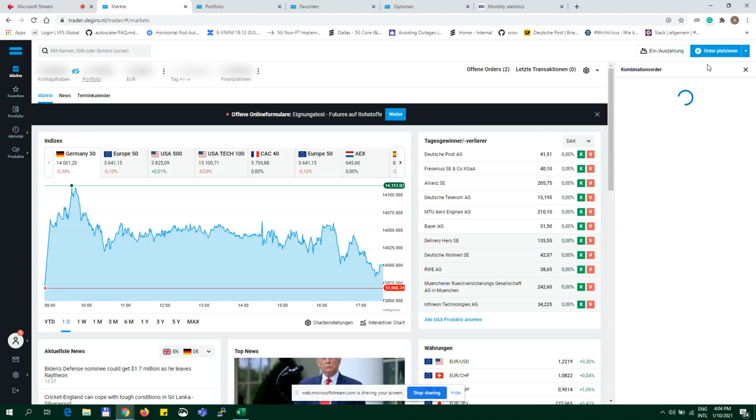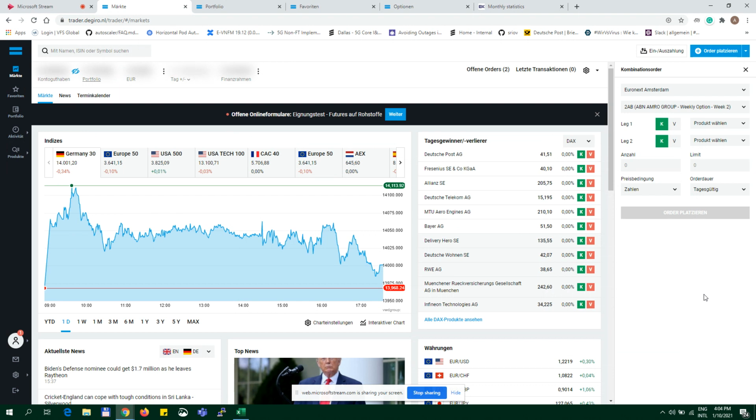This actually allows you to place combination orders, to do some sort of strategy like call spreads or debit spreads, and this is where you can do it. But the issue is you can only buy or sell those spreads on Euronext, and nothing else. Only these three exchanges are available where you can use combination orders, nowhere else. So it's not really good, and since I'm trading mostly on DAX, on the German exchange, it does not help me much.